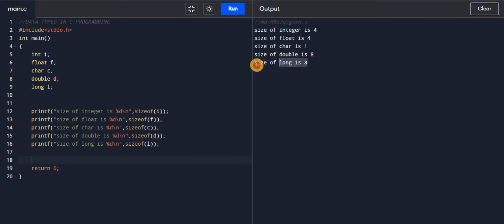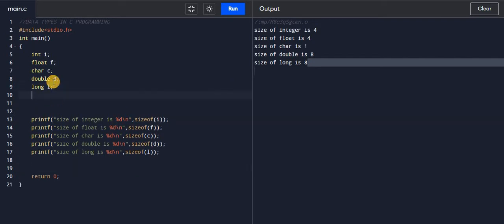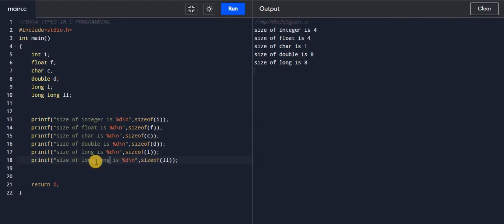The size of the long data type is 8 bytes. It is also used to store integer values. Another data type is long long, with variable ll. If we print this, the size of the long long data type is also 8 bytes, used to store integer values.